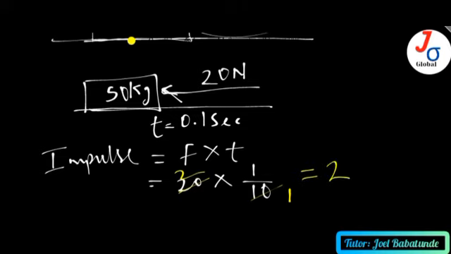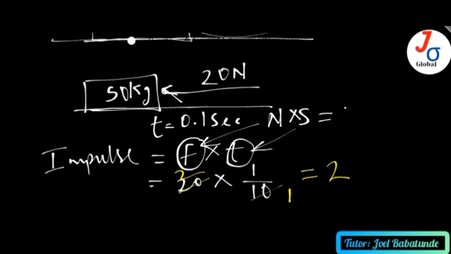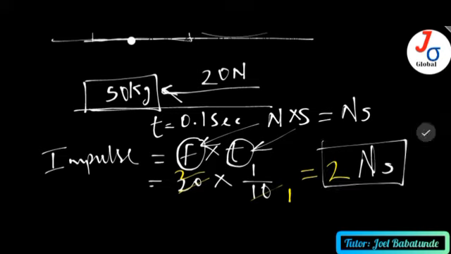But then does impulse have a unit? Of course, most physical quantities in physics have units. So 2. Now, to get the unit of impulse, what's the unit of force? Unit of force is actually newtons. What's the unit of time? The unit of time is actually seconds. So newtons multiplied by seconds, what you have is newton second. So you have Ns. So the unit of impulse is Ns, newton second.